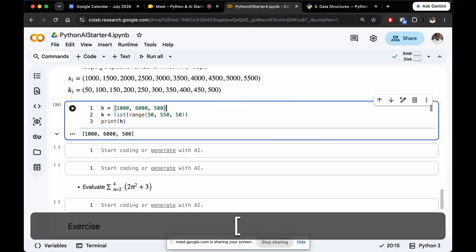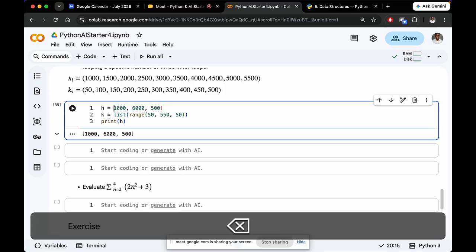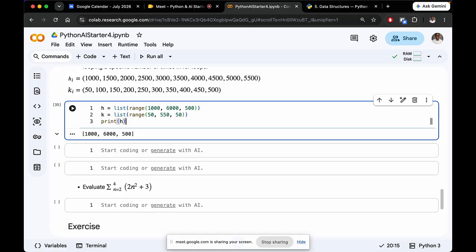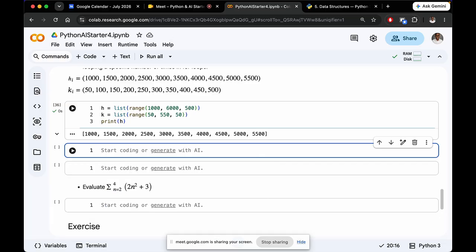Right. So this was what I was trying to say. If you want to create the list manually, you do this. But we are not creating this. We are trying to create a list from 1,000 to 5,500. So we update that. But Peggy, I hope your question has been answered. Okay. So I was saying that the next way of creating a list is using what we call